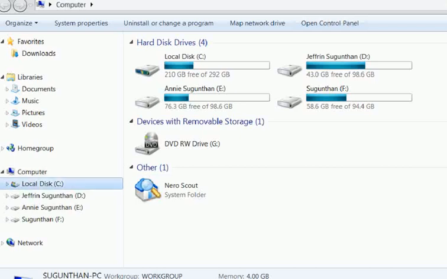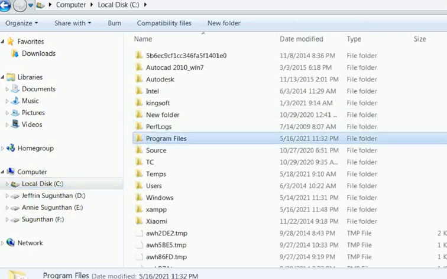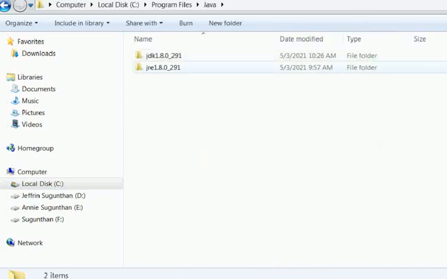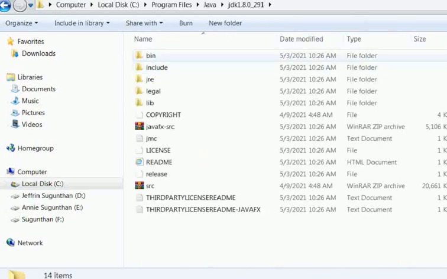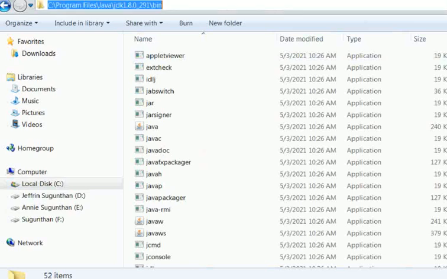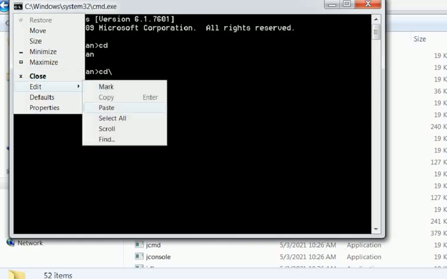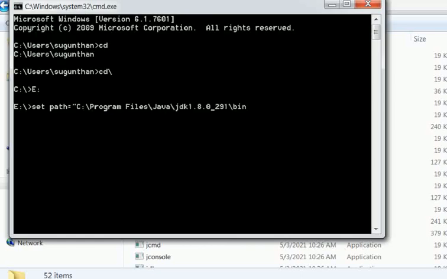My Computer, C:, Program Files, Java, JDK, bin, then copy this path, and paste it. Don't forget to close the double quotes.